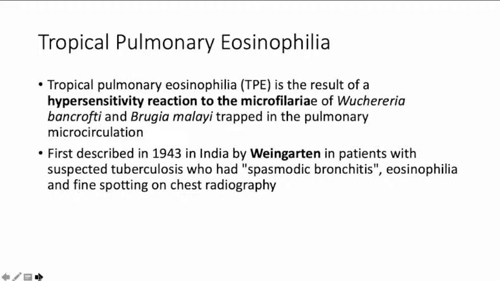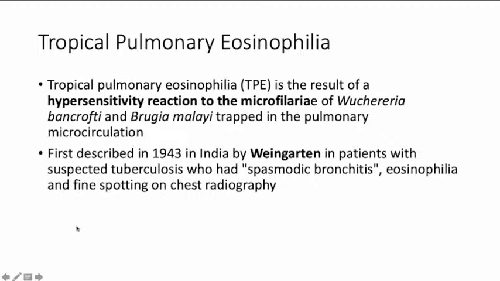Remember, Wuchereria and Brugia cause lymphatic filariasis, but the microfilaria that are produced are found in the blood. So when the blood is circulating, the microfilaria are trapped in the pulmonary circulation, and a proportion of people may develop a hypersensitivity reaction to these microfilarial antigens within the pulmonary system, and therefore they present with a chronic